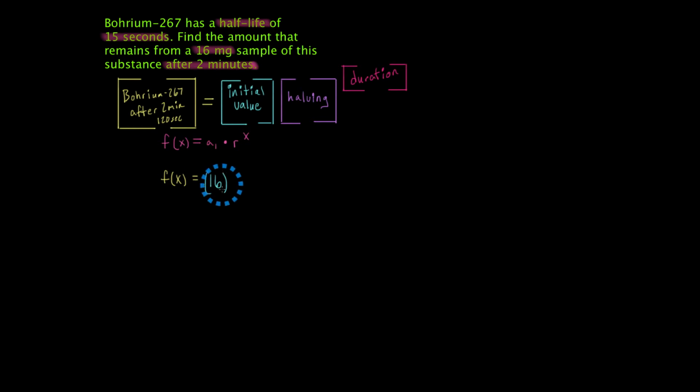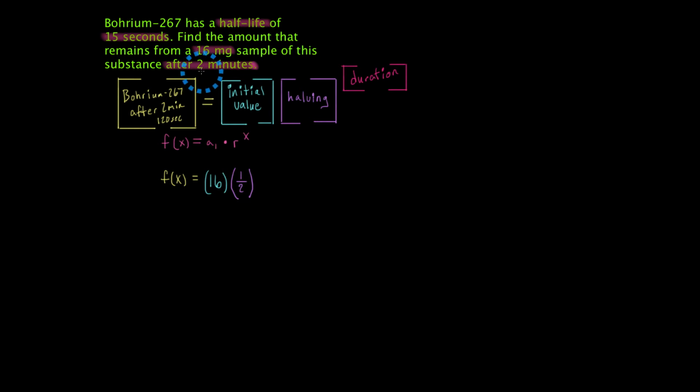Okay, since I'm going to be repeatedly dividing this initial value by 2, I'm halving it. I'm repeatedly splitting it in half. So what I'm going to do here is write 1/2 and wrap that in parentheses. And so I'm repeatedly splitting it in half for a specific duration of time, and that duration of time is